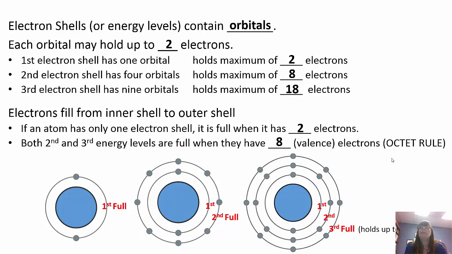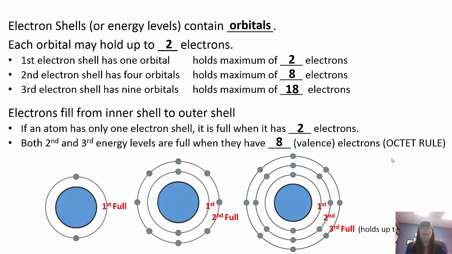So the orbitals, if you take a chemistry class, you're probably going to have to know all of those, but we don't care. What we care about is the first shell having 2, the second shell having 8, and the third shell having 8. Because the second and third energy levels are full when they have 8 electrons. It's called the octet rule. That first electron shell is full when it has 2. So the outermost shell is called the valence shell. And that's what's actually going to determine the reactivity of the element. Because depending on how many electrons are in that outer shell,